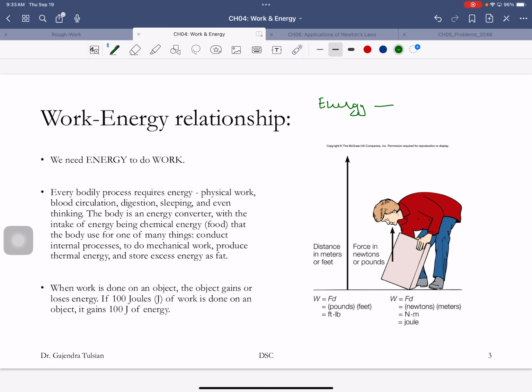Food. And so you do work with it. You produce heat with it. Heat production is also one of the byproducts. So for instance, we are warm-blooded animals, and we maintain a 37 °C temperature. That's your internal body temperature. So as you lose heat, you have to produce heat to maintain that body temperature. If you produce excess heat, you sweat and get rid of it, and we'll talk about that in one of the later chapters.